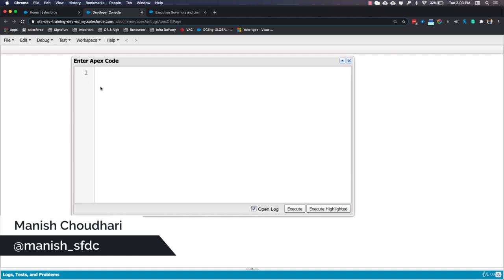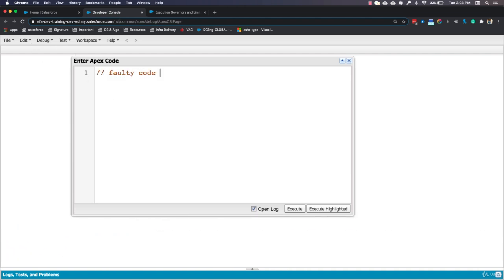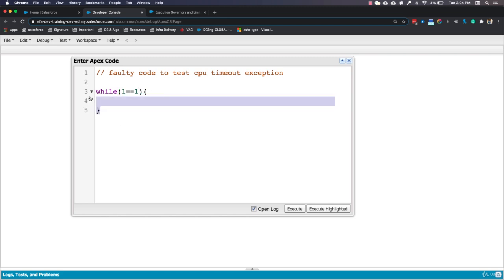So here, let's open the anonymous window and I'm going to write a faulty code. What I'll be doing here is writing a while loop, and the condition of the while loop will be 1 = 1, which is always true, right? So whatever I write in this while loop will keep on executing forever till the time we hit this CPU timeout exception. So I'm going to write a simple debug statement here,